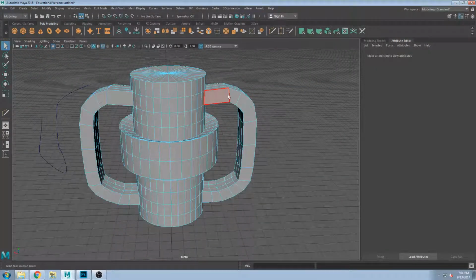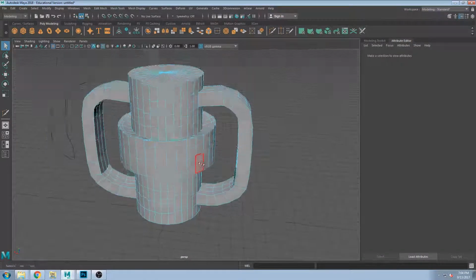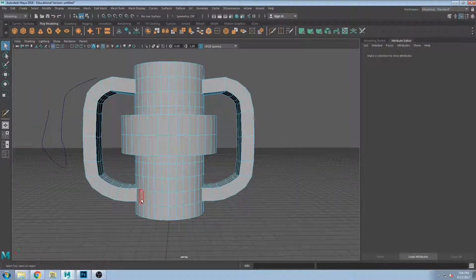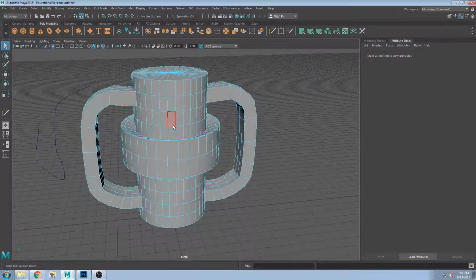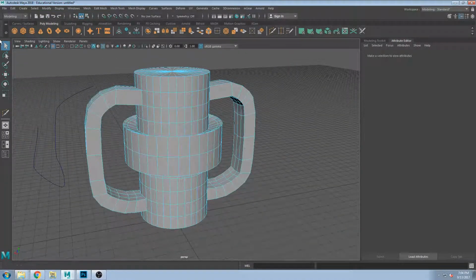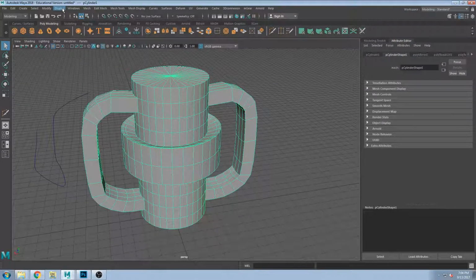If I needed a spline to run along this object, drawing it along here would not be too bad because it's flat, but if I wanted to come along here accurately, it's going to be a pain, or if it needed to come up and around all this stuff. So what you do is you make it a live surface, and to do that, you just go to